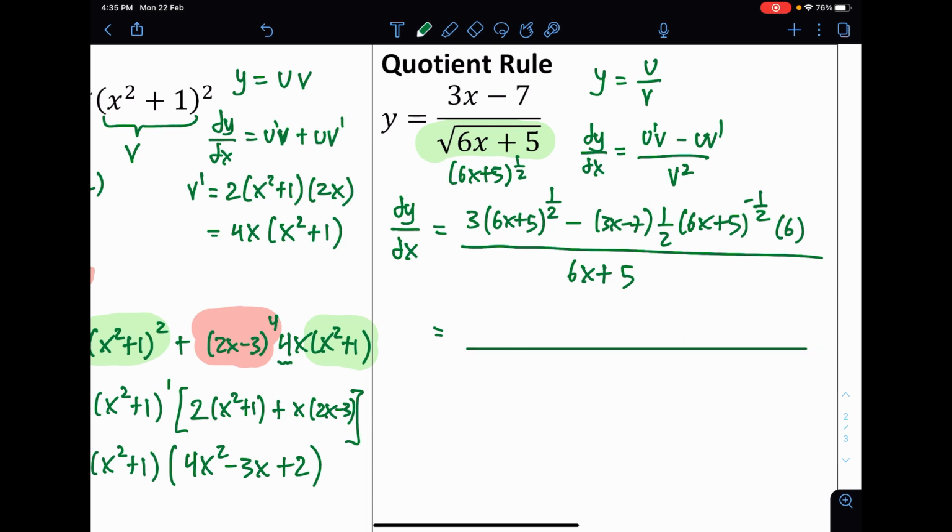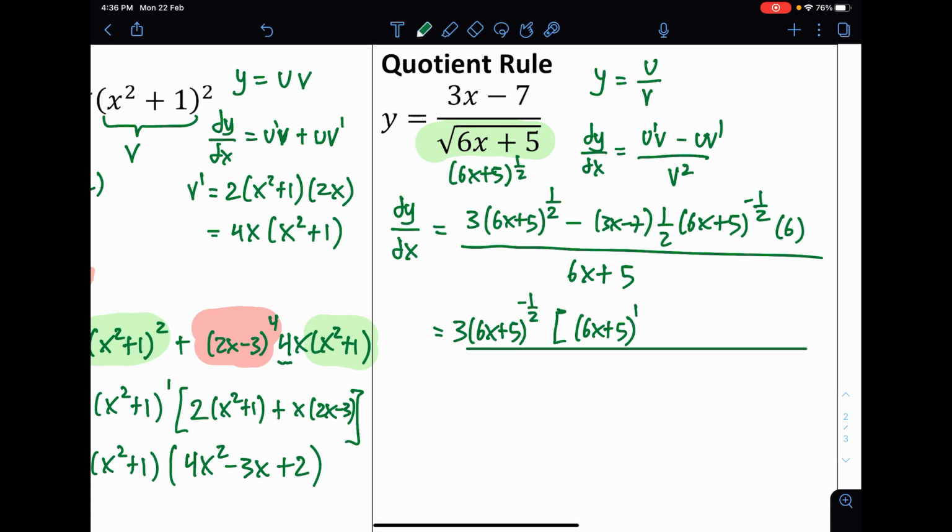There's a lot of things here. First is 6x + 5. I'll factorize the power of negative half. And then I'll factorize the 3 also. Open a bracket. Now the first figure, you will have 6x + 5. Now, a lot of people are confused about it. You see here, this is the first figure, right? I factorized the 3. That's why the 3 is here and I don't need to put a 3 anymore. But this is power of half. If I factorize negative half, I will have power of 1.